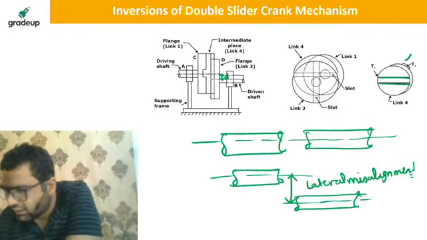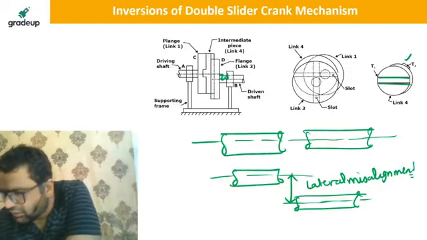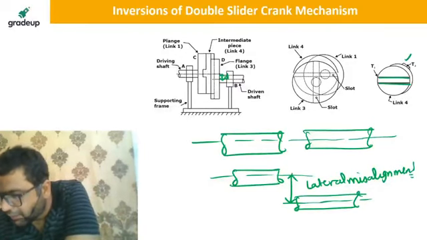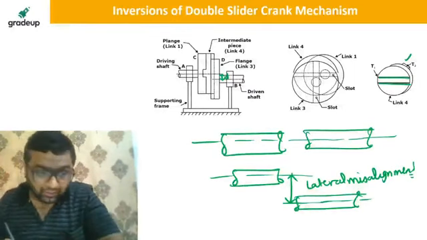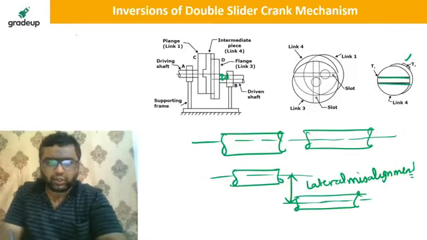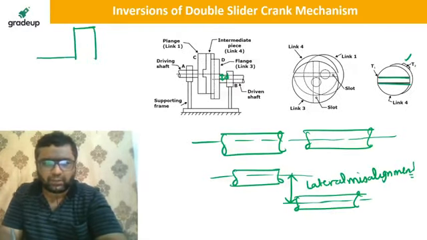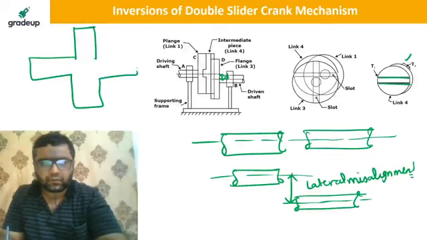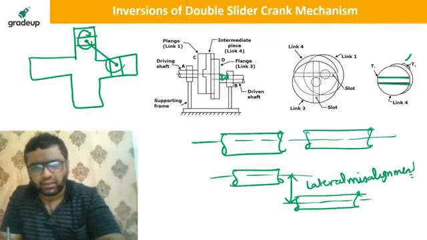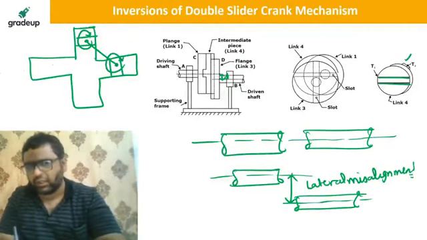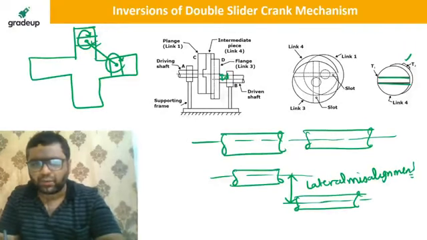Okay, nice, Mehdi Ben. But as in the third inversion, there is no turning pair in the Oldham coupling. My dear, in Oldham coupling, there is turning pair only, because you can see that this is a slotted plate. These two sliders are having turning pair only. These two turning pair only. That's why they are going to rotate with the help of turning pair only, because now sliding cannot happen because this link is fixed.